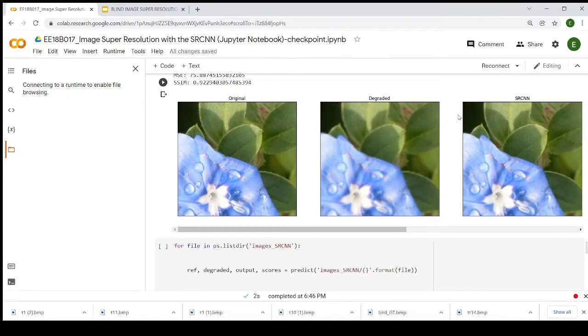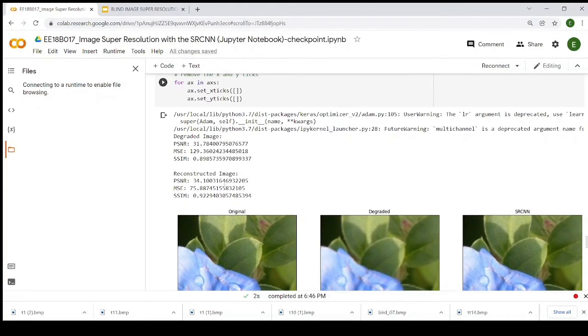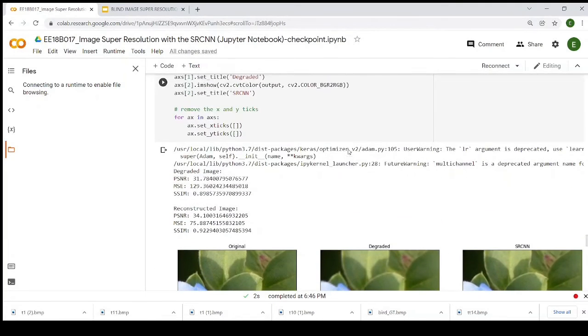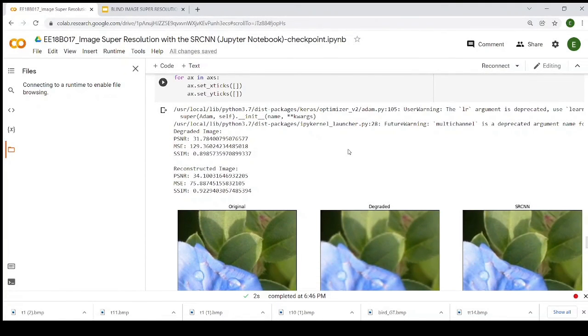From the PSNR, MSE, and SSIM values also, we can infer that the reconstructed image has good quality over the degraded image. Initially the structural similarity index, which shows how similar the images are, is 0.89, and in the reconstructed image it is around 0.92, which shows the good performance of the model.